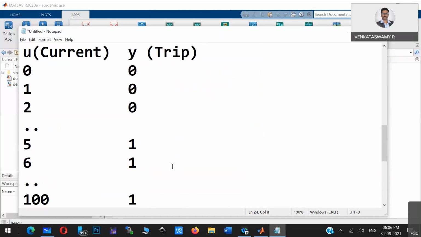So for any system you are working on, you can open your Excel sheet and make some relational data, and you can create this kind of data for your problem. It will be very easy. Try that and try to create that data set. You can also do an experiment, and for different values of input, just see the output of that particular black box and note it down. So that is also one method.